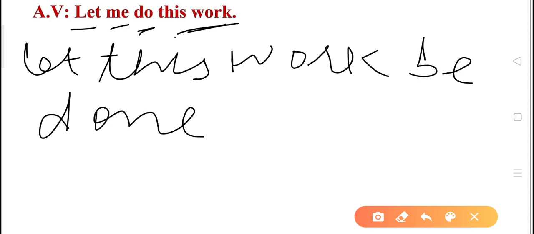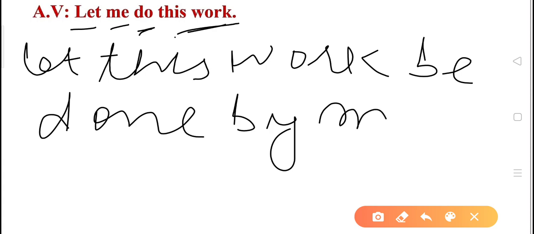So let this work be done, and preposition by and me. Then we put up indirect object. Actually in such type of cases, by plus agent is optional. If you want to mention it, it's okay. Otherwise you can put up full stop just after the third form of the verb and your sentence will be